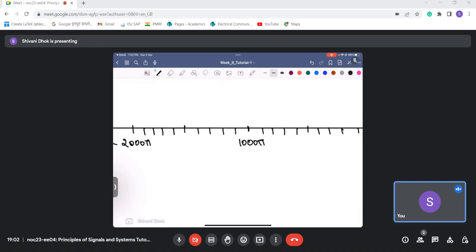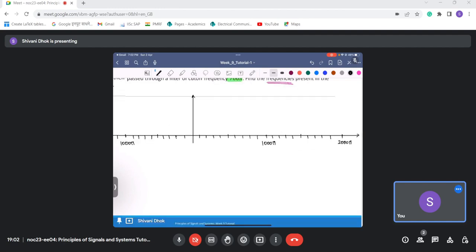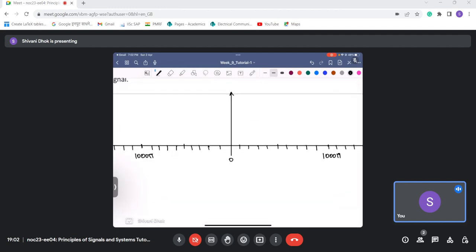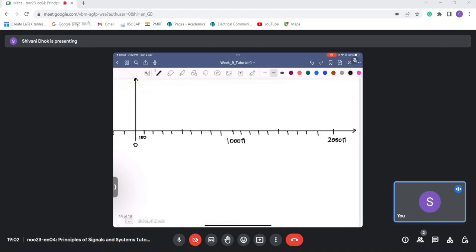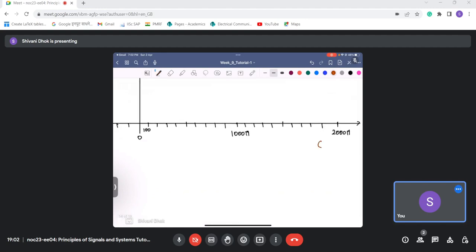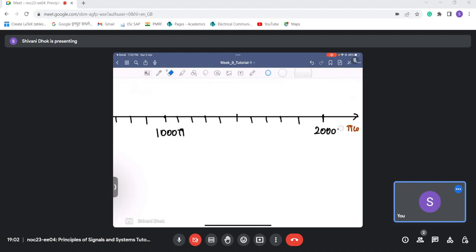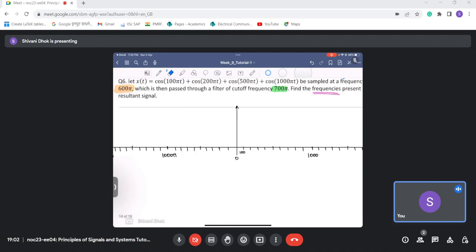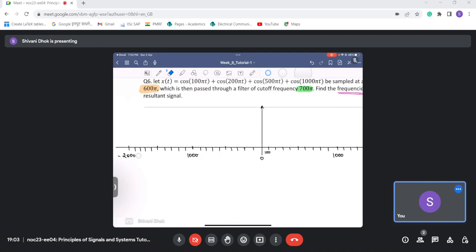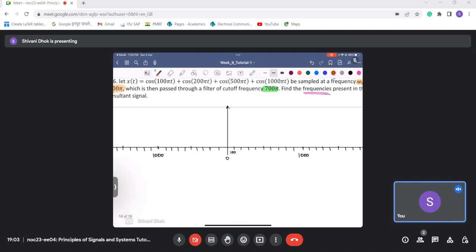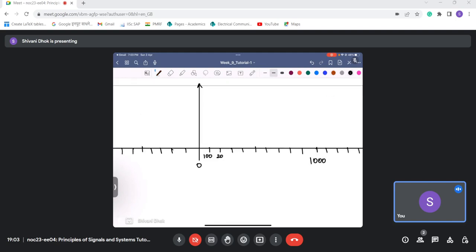Okay, so let me just write these properly. So this is 0, this is 100. For simplicity, I am not writing the factor pi, so note that this is basically pi times omega. So for easy, I am just removing the pi and it is pi times omega. Okay, so this is 100, then 200, 300, 400, 500, 600, 700, 800, 900, 1000,